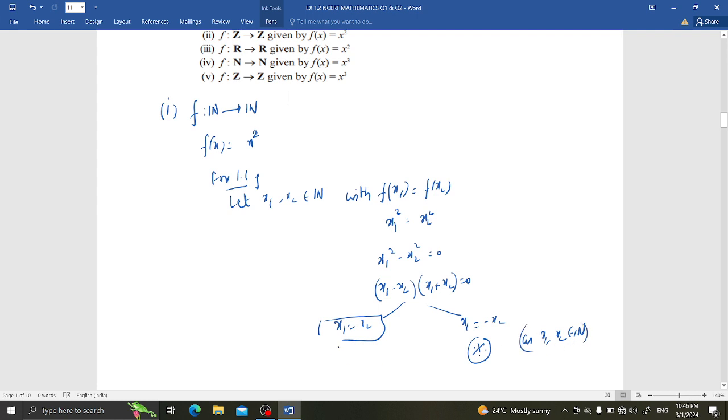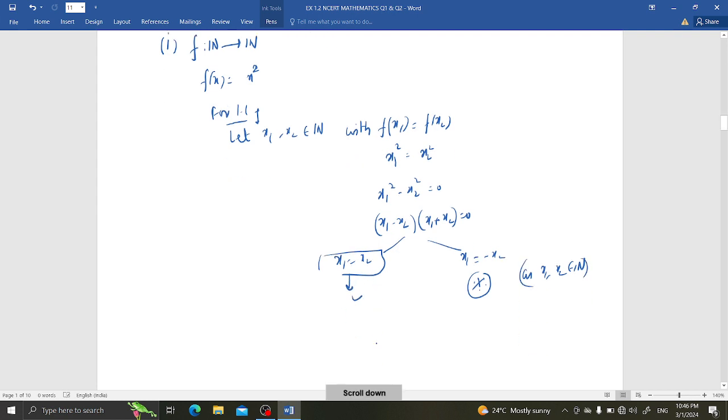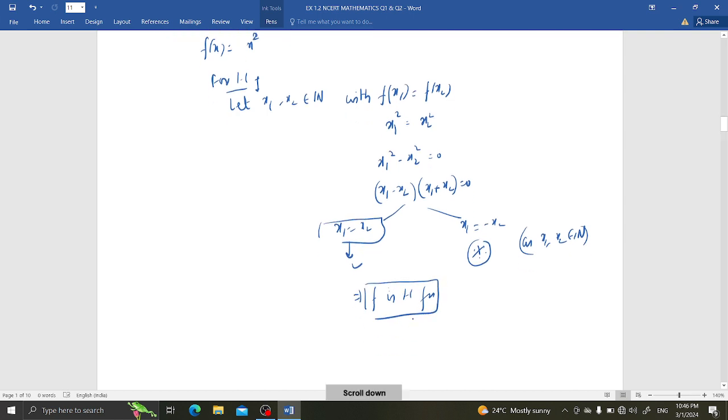Okay, so only this part is true. It implies that f is a 1-1 function. Okay, but observe that